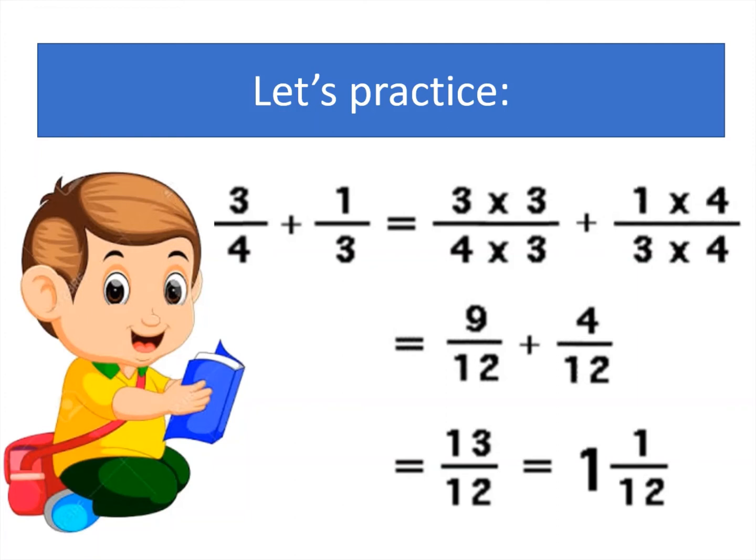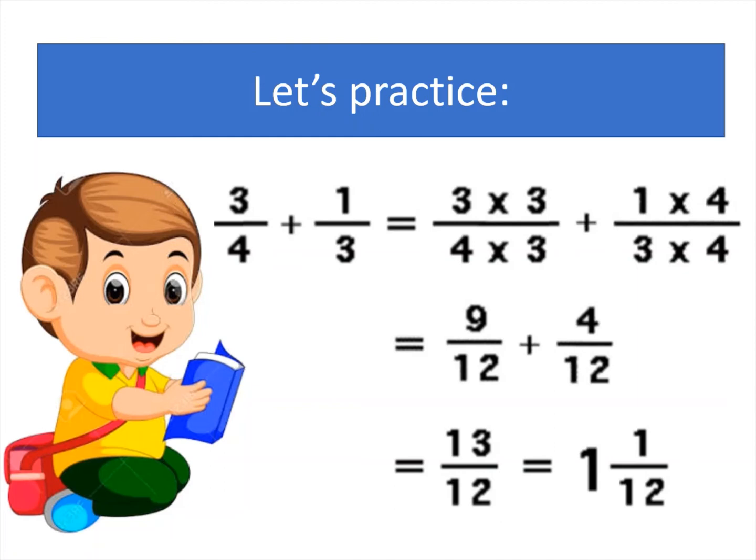Next, to make an equivalent fraction, 1 upon 3. The denominator is 12. 3 4s are 12. Multiply by 4. And again the numerator will be multiplied with the same number, that is 4. 1 4s are 4 and 3 4s are 12. So the next fraction we shall get is 4 upon 12. That will be 9 plus 4 is equal to 13, and the denominator will be copied. 13 upon 12 will be the answer.